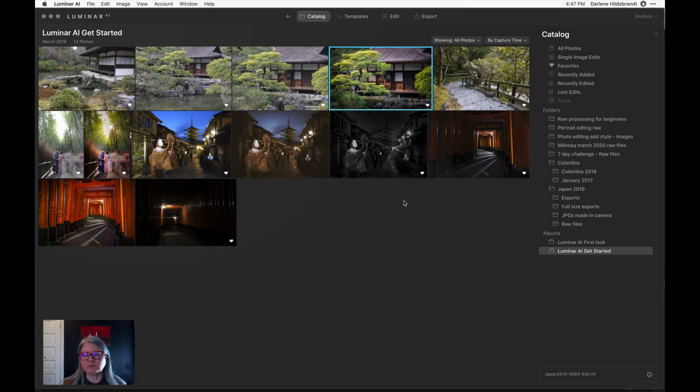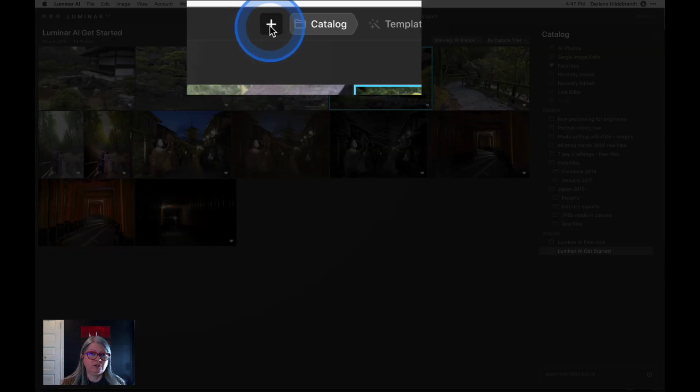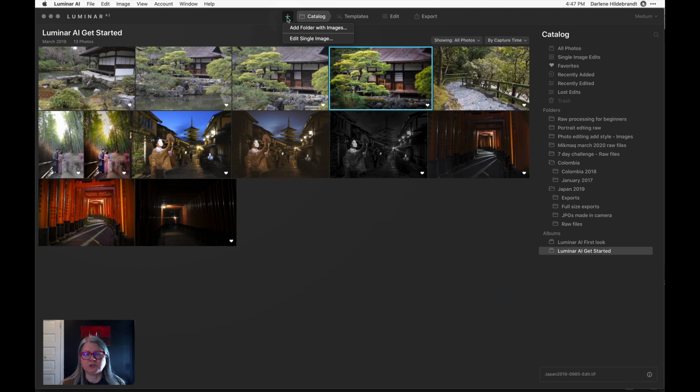When you first get started with Luminar AI, it works very similar to previous versions of Luminar. So if you're familiar with Luminar 4 or 2018, you add your images the same way. Just click on this little plus sign here. If you're new to Luminar, just follow along and I'm going to add a folder of images so you can see how to import. Just click the little plus sign at the top here next to catalog and then choose